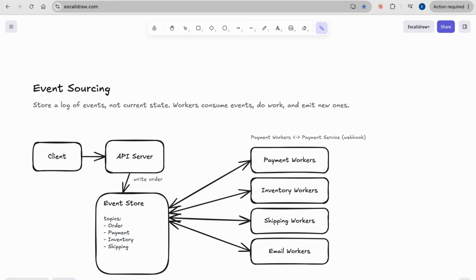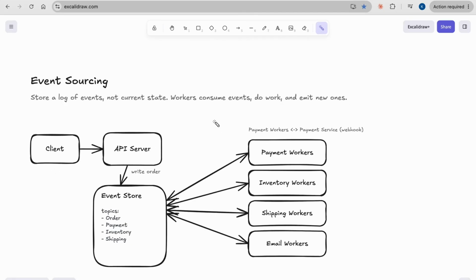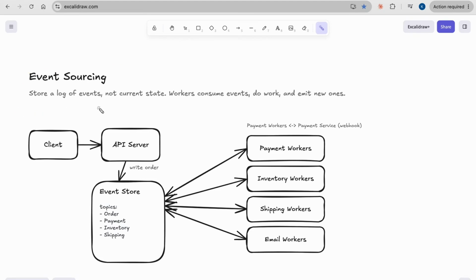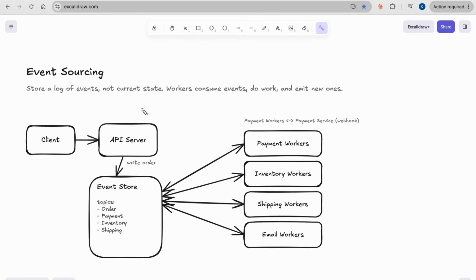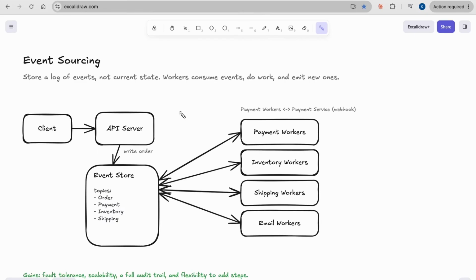The most common way adopted at work to store this durable log is Kafka. It is a popular choice, although Redis Streams could also work in places. That's where event sourcing is the closest match. Event sourcing treats the log as the source of truth and derives state from it, while here we are trying to use the log to coordinate work. They often travel together but don't have to.